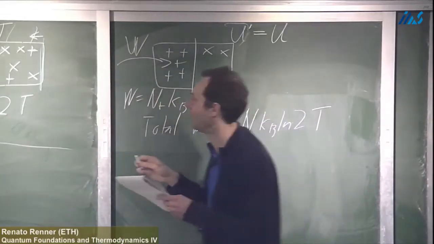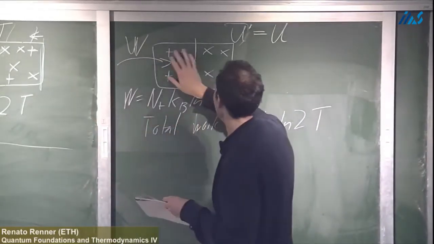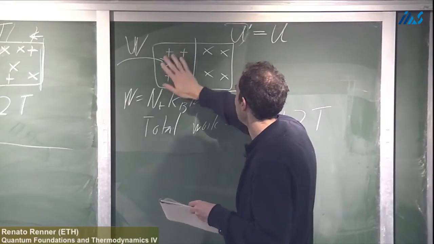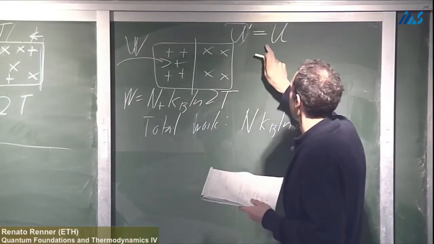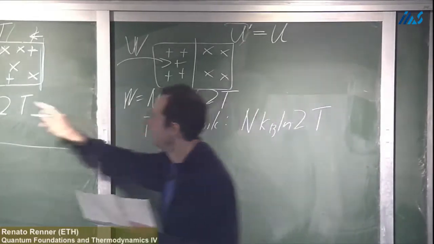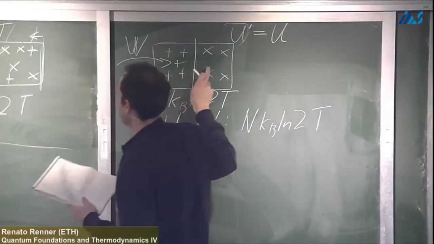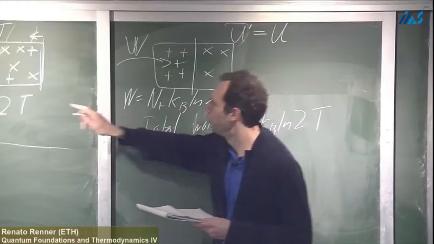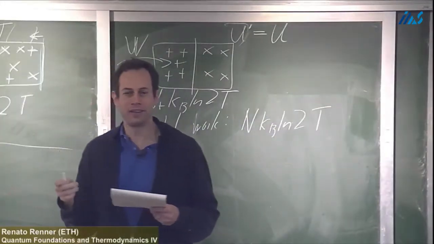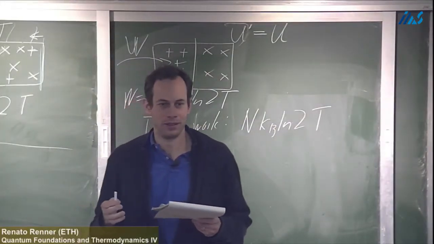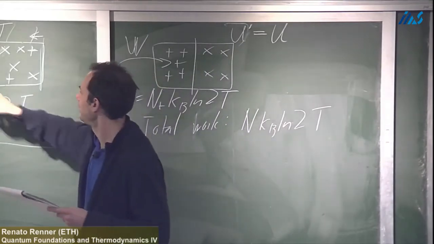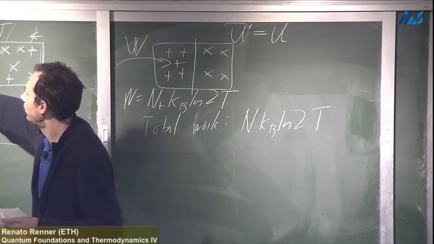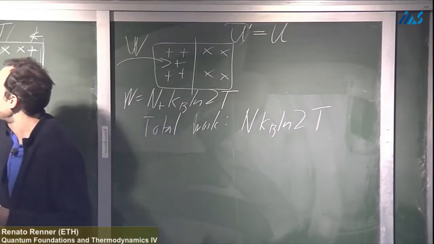And if there's no interaction, the particles, of course, don't mind whether there are sometimes particles among them. The only thing that matters is the total density of particles. Now, if the internal energy is the same here and here, but I put work into the system, this work has to have gone somewhere. Energy is, of course, conserved. So the work that I put into the system had to be dissipated as heat